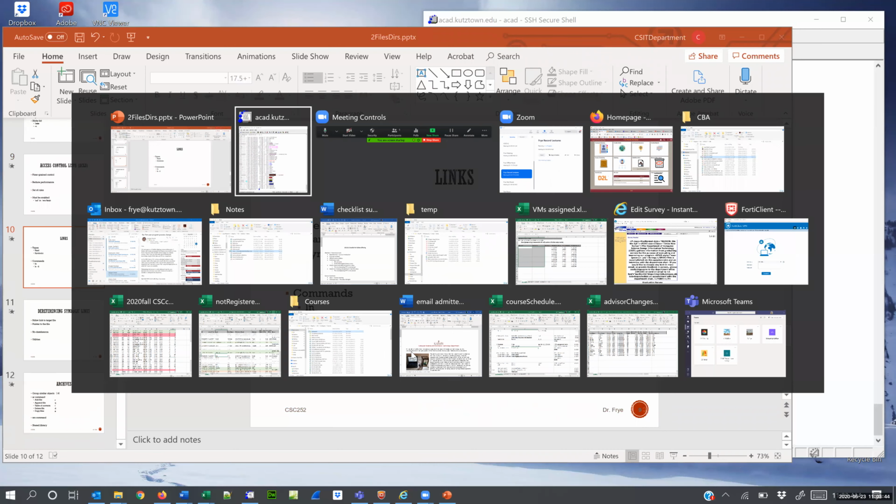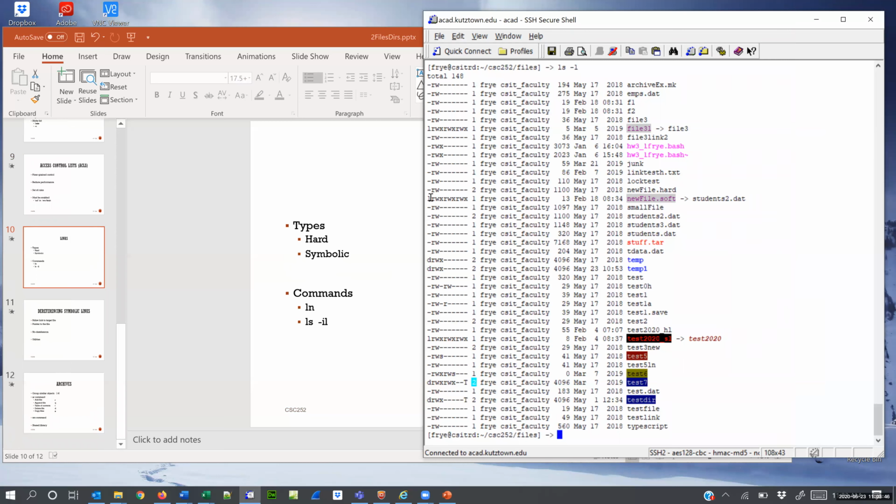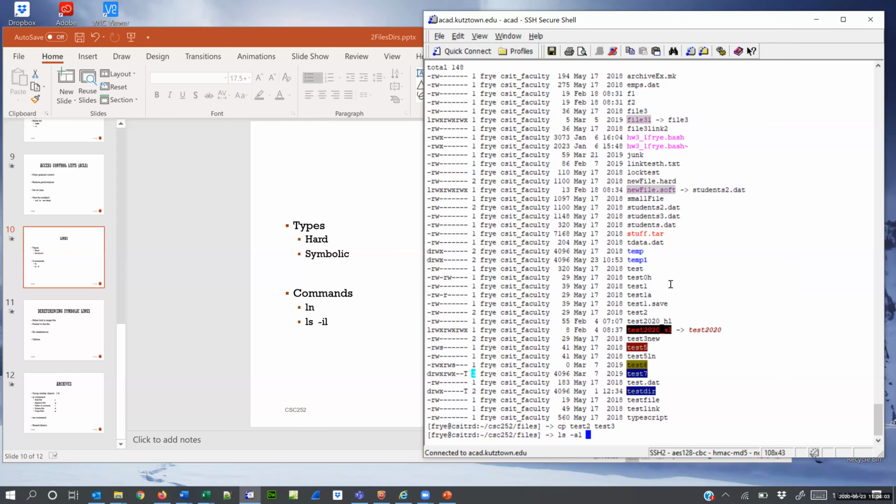Now, I mentioned links a while ago. When I said LS, we have this L, it meant it was a link. So a link is another entry in the file system for a file. And there's 2 different types of links. One's a hard link and one's a soft link. I'm just going to copy this test2 file to test3. So now what I've done,